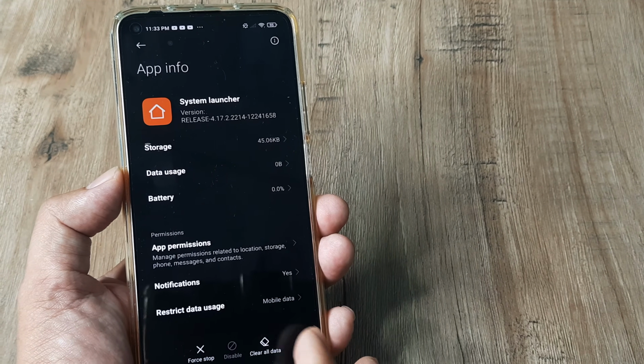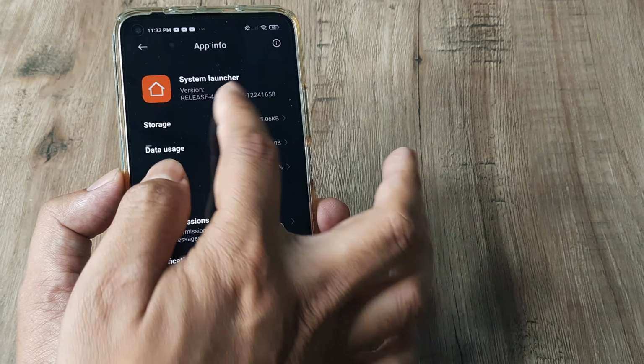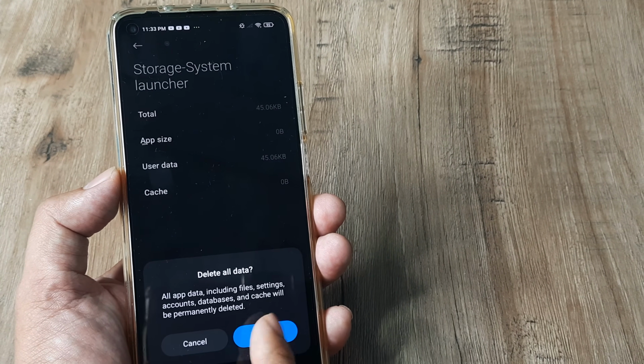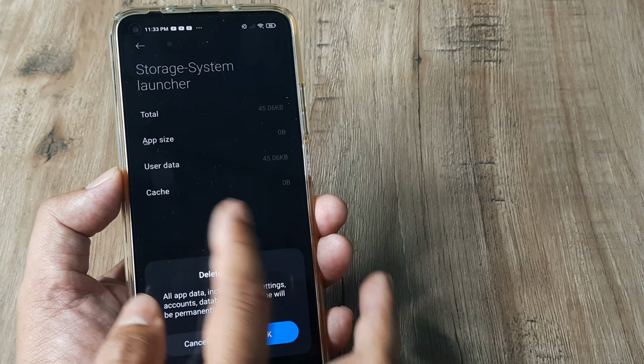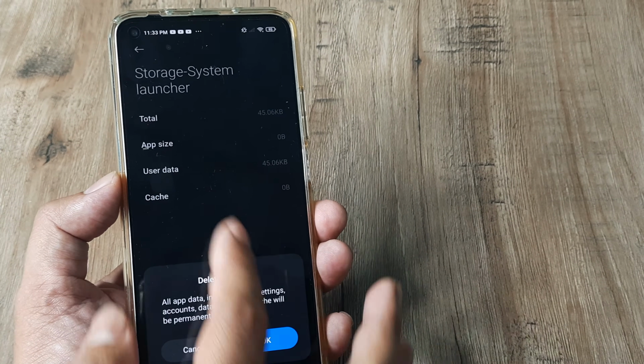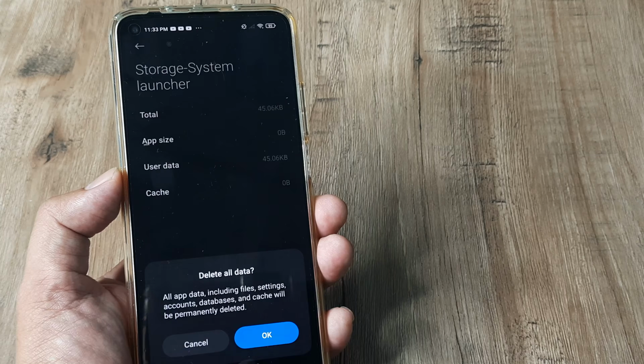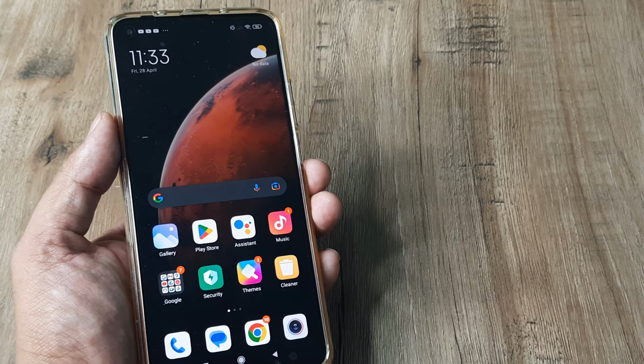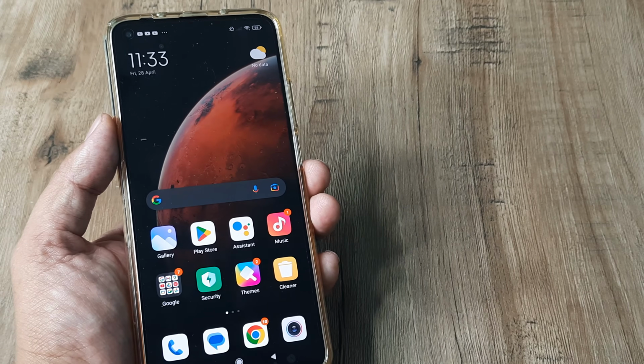If it's absolutely needed and you want to do it, you can, but I really don't advise it. Here, if you get an option of clearing cache, you can simply go ahead and clear the cache. You can see my cache is already deleted. So hopefully by now the problem should be solved. Go ahead and launch the system launcher and then uninstall updates, and magically the problem seems